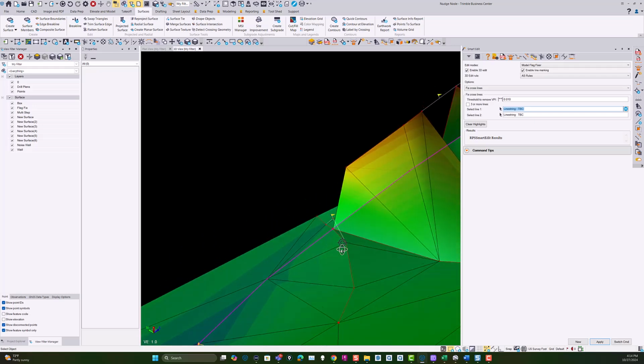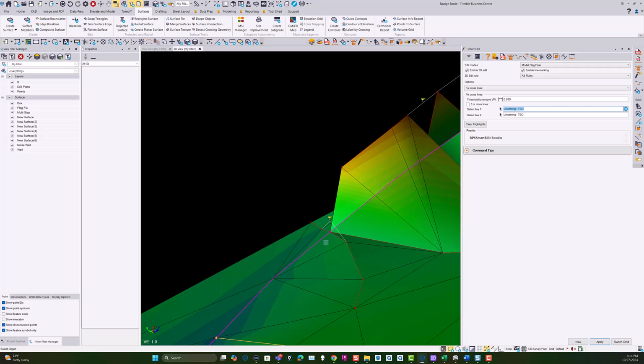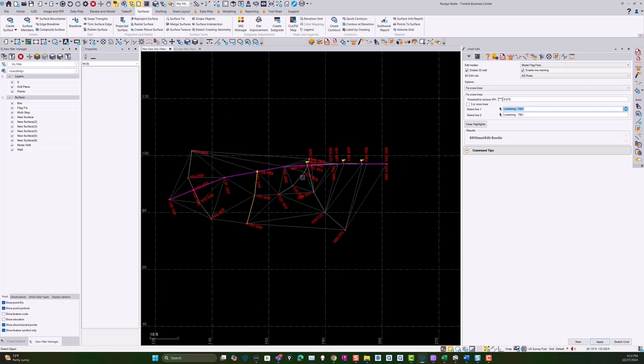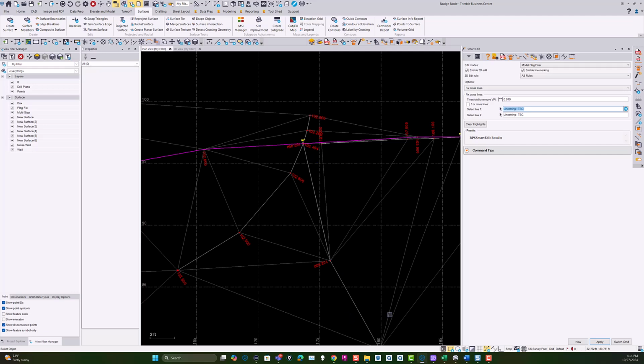Now the next one is a little trickier because there's more than two lines coming in there, so which line do you want to win? So we'll come across here. You can see there's a line coming in here, there's a line going across here, and there's a line going across here. Let's say we want this purple line to win here, so we're going to say use 3 or